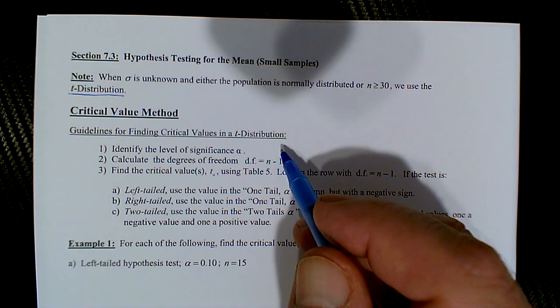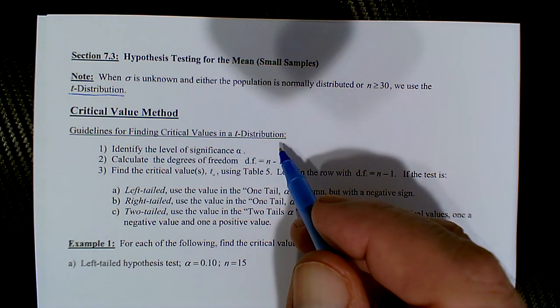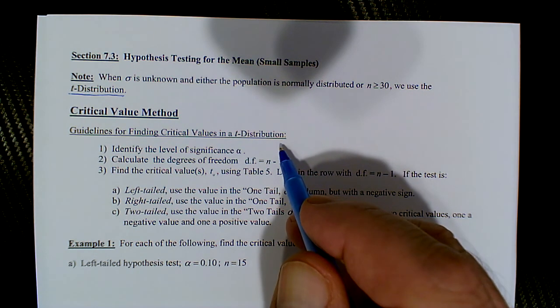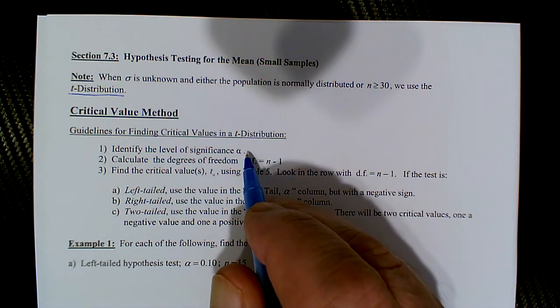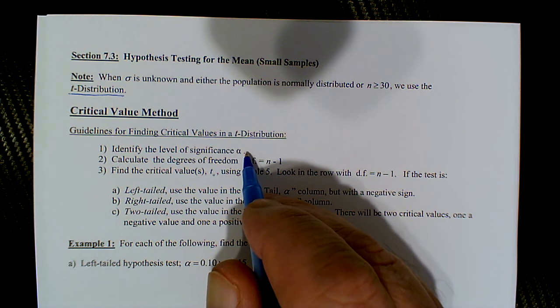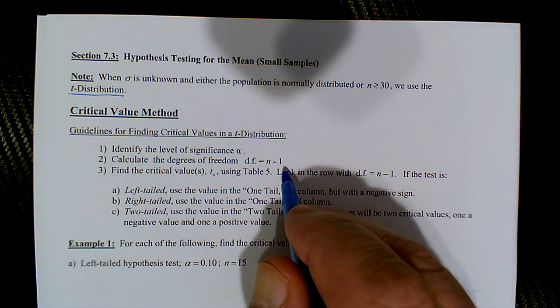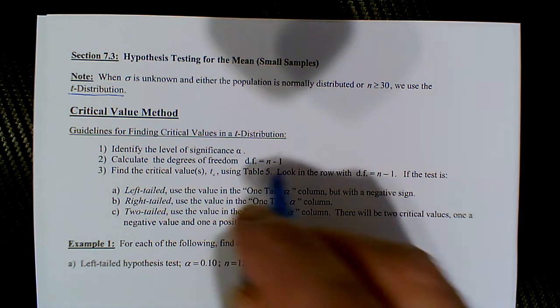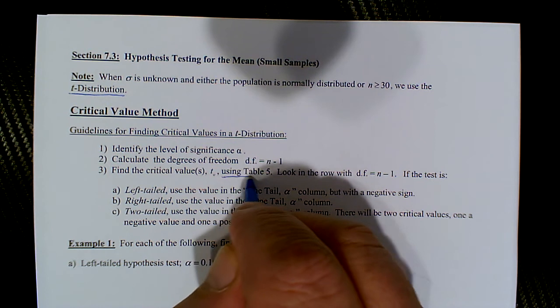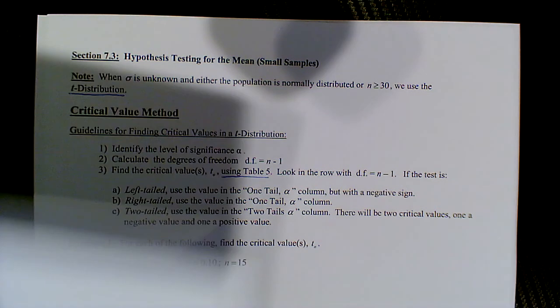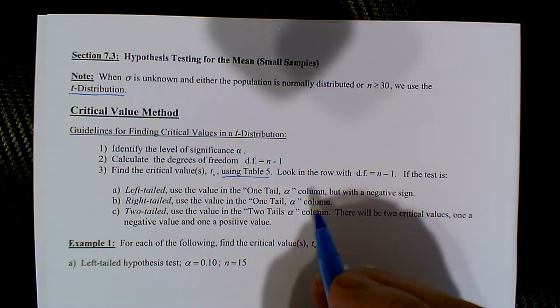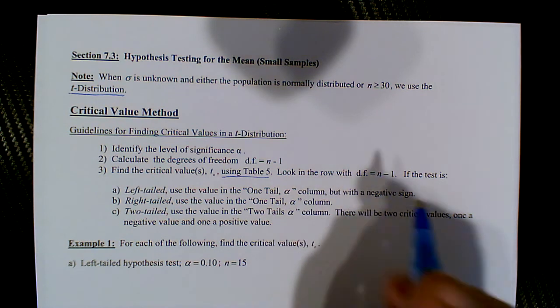The only thing we need to really do before we get to the actual test is look at the guidelines for finding the critical values. So we find the level of significance, that's always going to be a given. Degrees of freedom are n-1, and then we're going to be using table 5. And in table 5, it's pretty self-explanatory. You just look at the row with the degrees of freedom, and if we have a left-tailed test, we use the one-tail column,